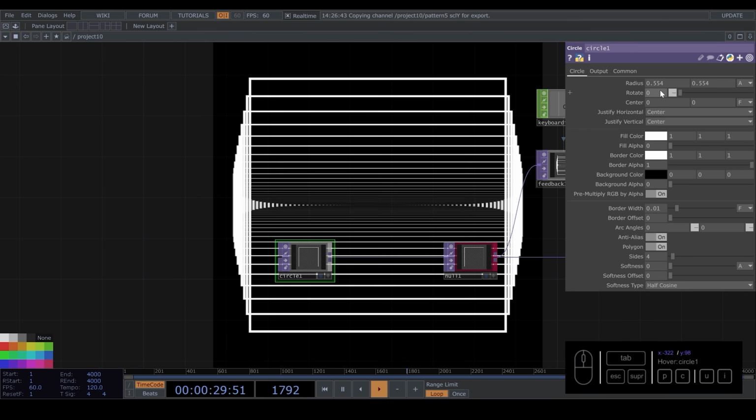So I'm going to copy and paste. And right now we're going to put together everything and see if we break something. I'm going to add rotation to the feedback, rotate. So we have things like that. And now I'm going to add the translate. Translate X, translate Y. I don't know what's going to happen, but